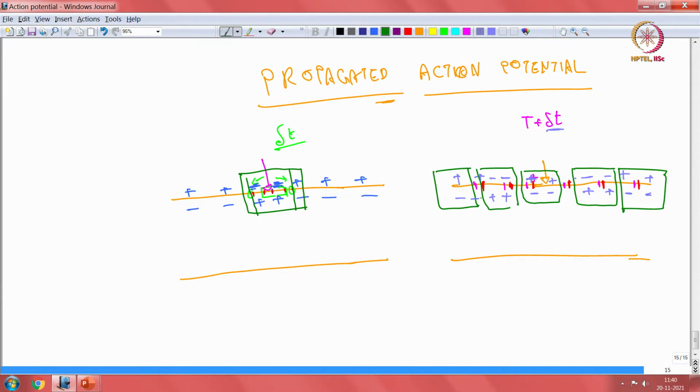Now, all this is happening because of the same set of sodium and potassium channels, but only due to local changes in voltage. Now, the first change in voltage was due to an external stimulus which has been applied, but when it goes away from the stimulus, that is because of the local changes in voltage which has caused these particular sodium channels to open much further. So, stimulus is one, but the effect continues across the cell membrane on either direction.